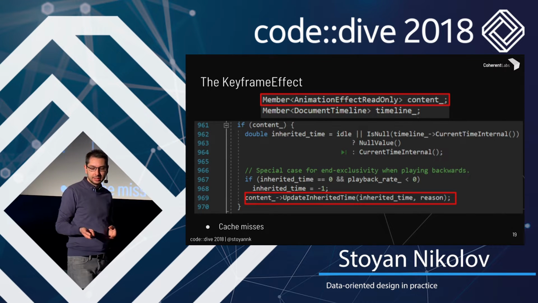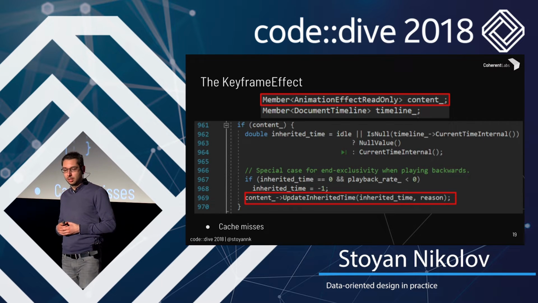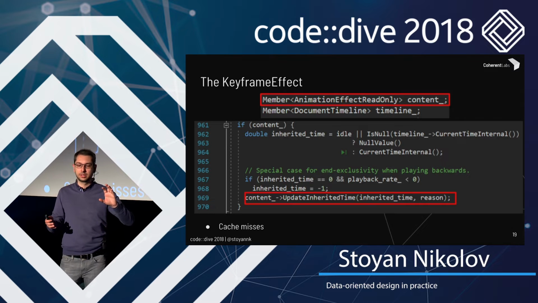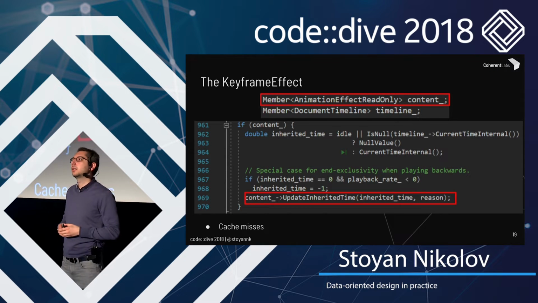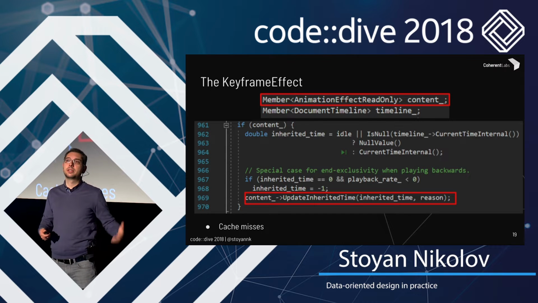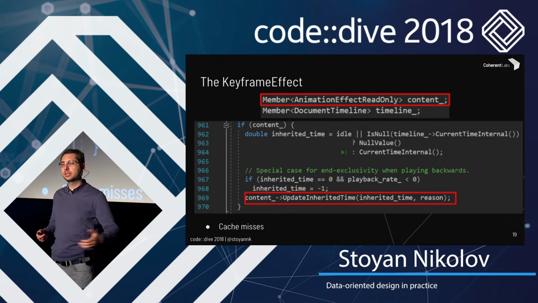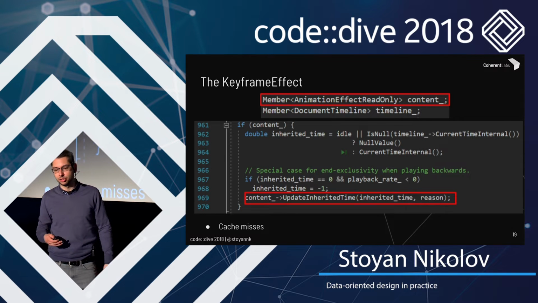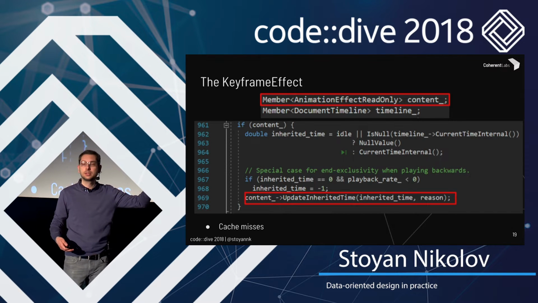And next up, on this content, we actually delegate the calculation of the animation to another object, which is declared as a member, and it's of type animation effect read only. And a member, you can think about it as a type of smart shared pointer. So Chromium does garbage collection in C++. That's how they annotate their types, but you can think of it as a shared pointer. So we are probably getting another cache miss because this is again an object allocated somewhere on the heap.